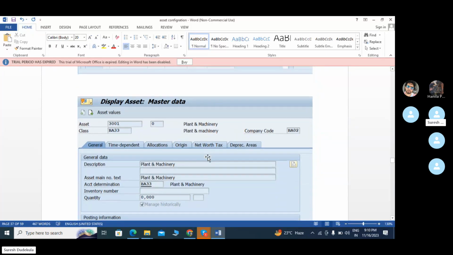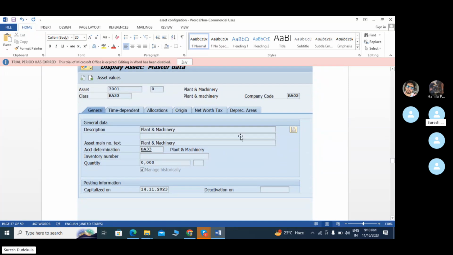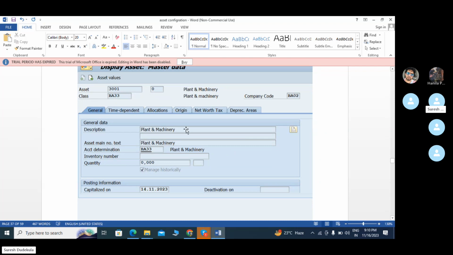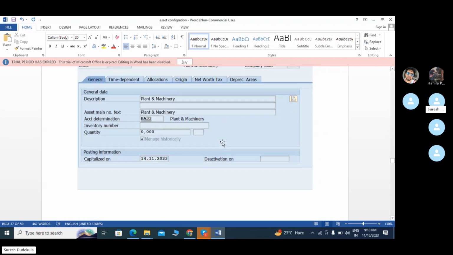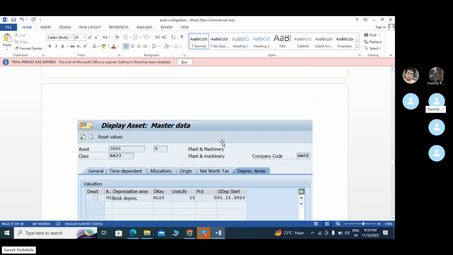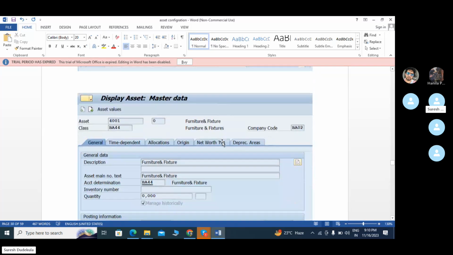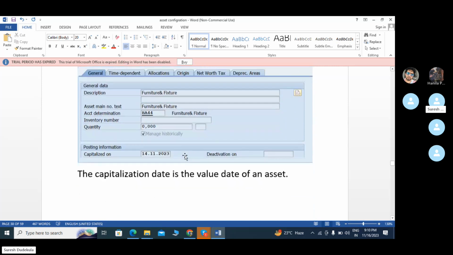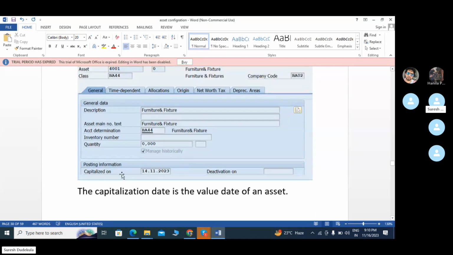In plant and machinery also it is the same, BA33, and whatever we create also shows this. This is the plant and machinery. This is the furniture and fixtures. This is the third asset. Next, capitalization date. What is capitalization date? Capitalization date is the